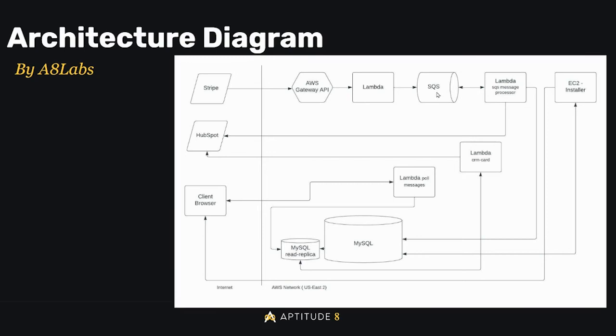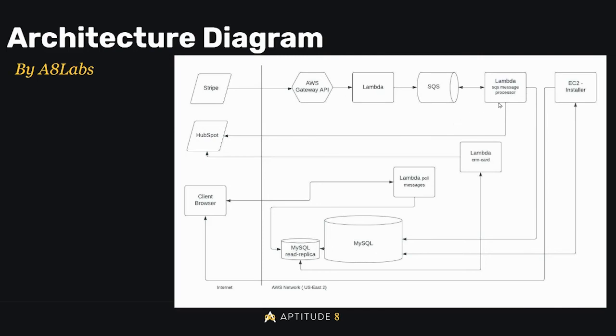That queue tends to pile up, especially if there is a Black Friday sale. That queue would, in theory, just blow up really, really quickly. And then a lot of messages would build up there. And then we'd have another Lambda here called the SQS message processor. It would be lots of instances of this that will eventually chew through all of the messages in the queue. And eventually, some of this data would make its way back to HubSpot.